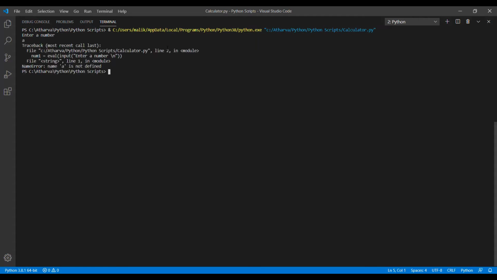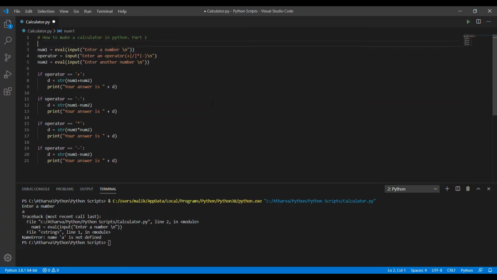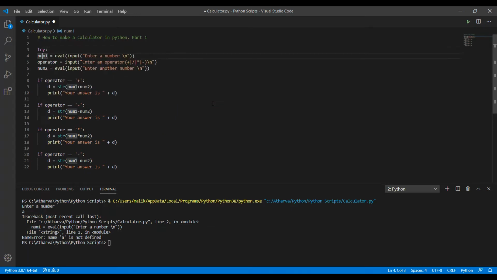So to prevent it showing up such a mess, what I will do is I will make it a try here. So try this whole thing,